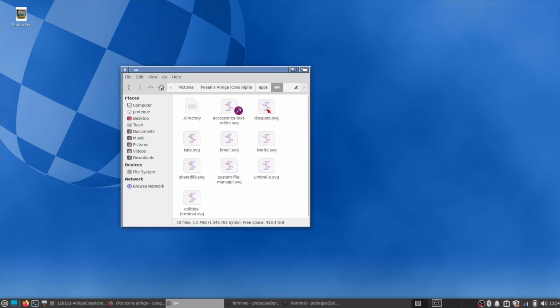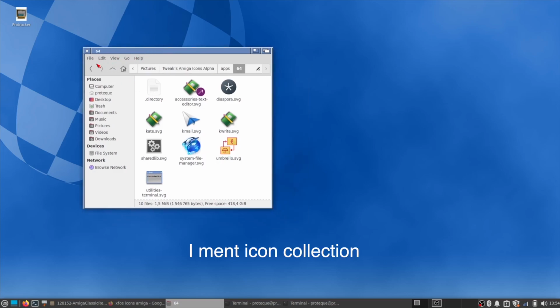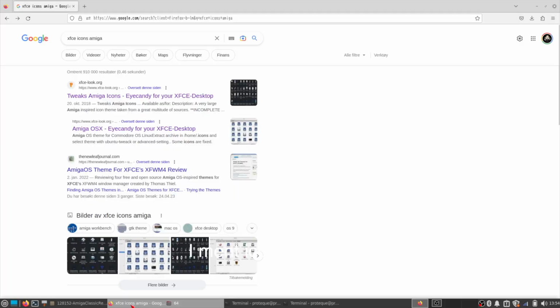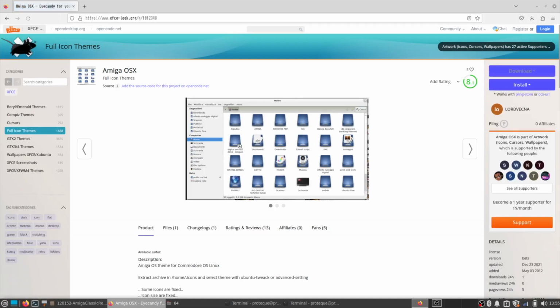So now that we have this in here, we can use those nice icons for everything we need. These have some pretty nice icons for applications. As you can see here, this one will work great as a launcher for our terminal. But we want to install an icon collection as well for the operating system. So when we googled, I saw this. This is the remnants of one of the later Amiga versions, one of the icon sets for that. If I download this,